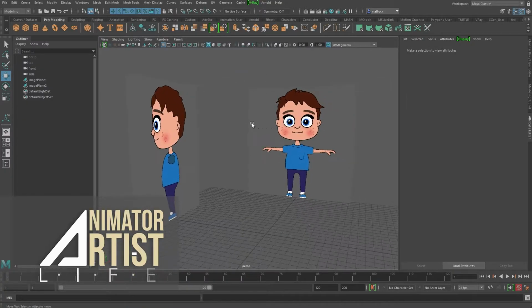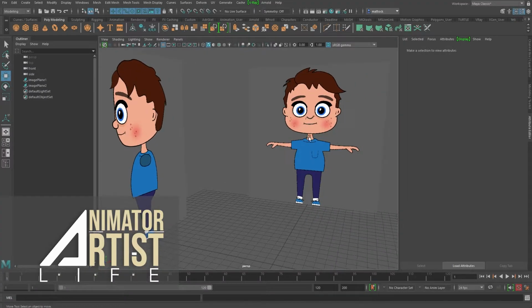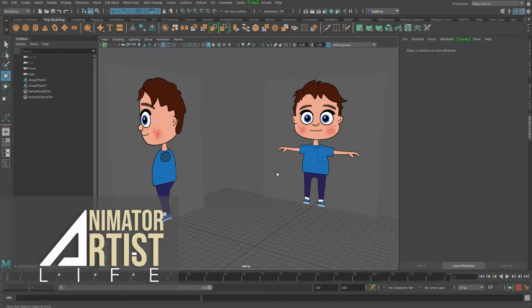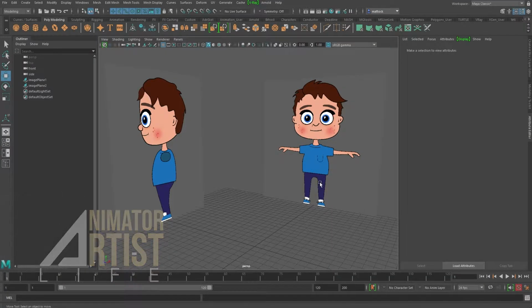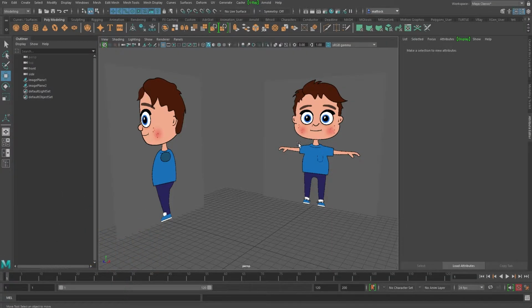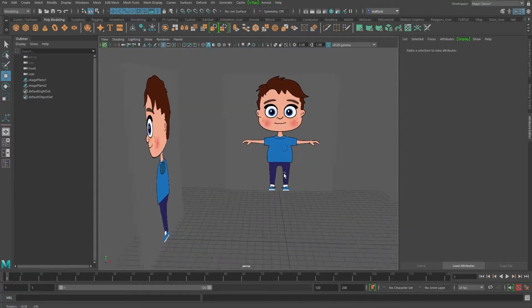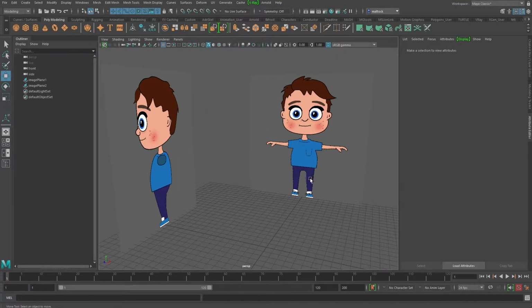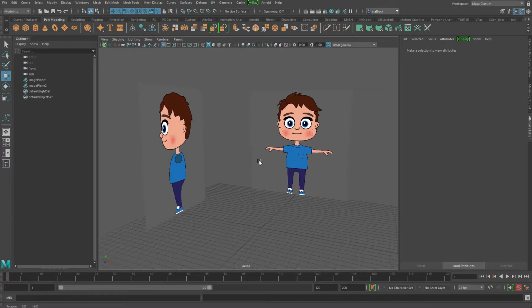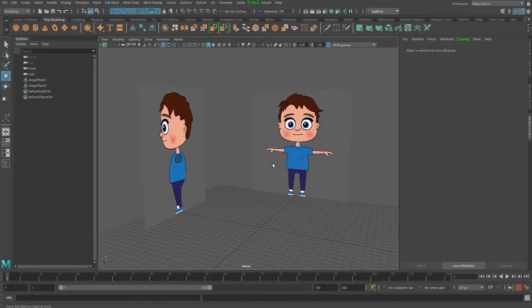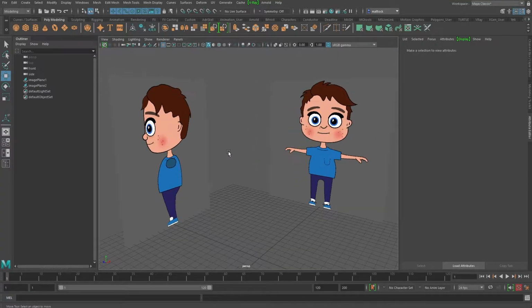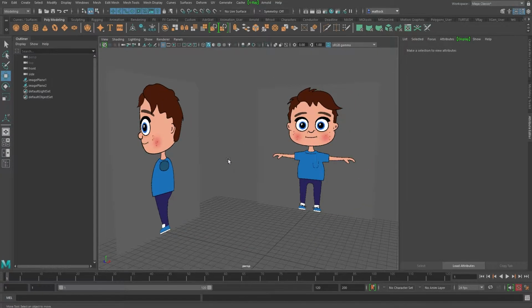Also, with this character, I am going to model the torso inside separately, because there's a lot of tutorials that would show you just to model the trousers and the t-shirt, and not model the body inside. Well, that's great, but if you want to change the clothes, you're a bit stuck there. So the way we're going to do this, we can do this properly, so that we can model shorts, change the t-shirts, those sorts of things. So he's going to have a separate torso to his clothes inside, which is going to be a lot more versatile for a character for animation later.